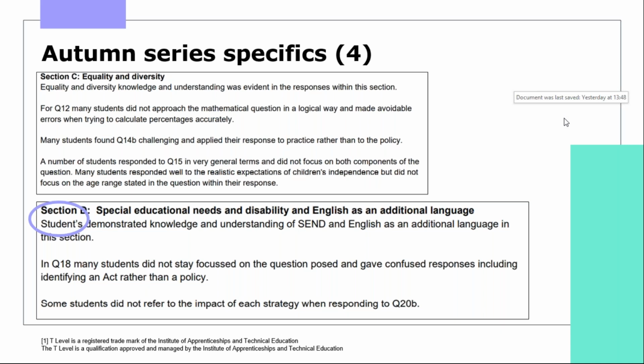So, for example, let's have a look at the Health and Safety Act 1974. What policies come out of that? So the health and safety policy within a setting, and then an example of a procedure may well be a risk assessment procedure, or the different forms that people may have to complete if there's an accident or an incident and so on.